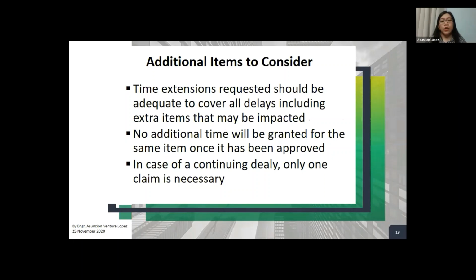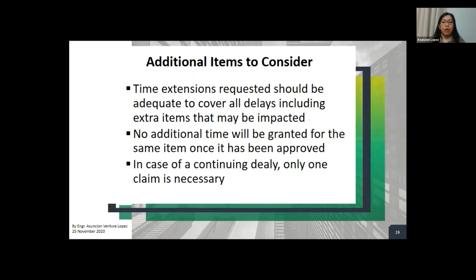Additional items: time extensions requested should be adequate to cover all delays, including extra items that may be impacted. Most of the clients or consultants, once you submit your extension of time claim, if you have not mentioned that it is your final claim for that specific event, they may write back to you and require you to state that.